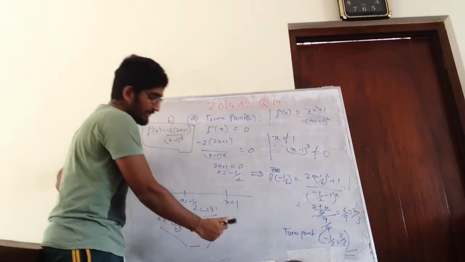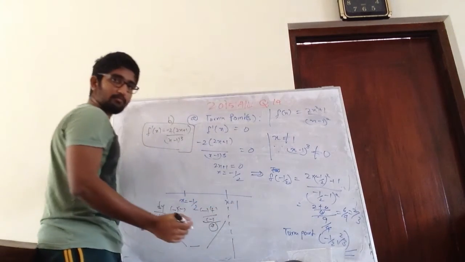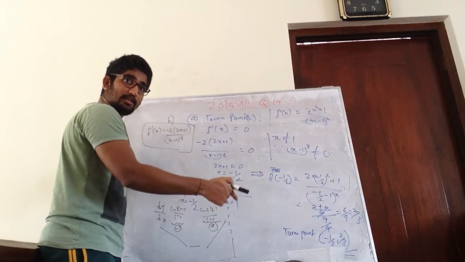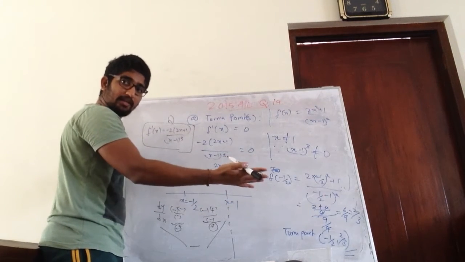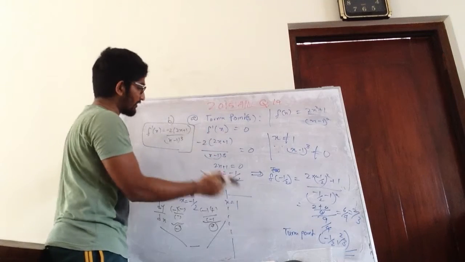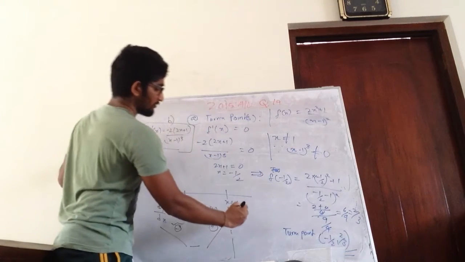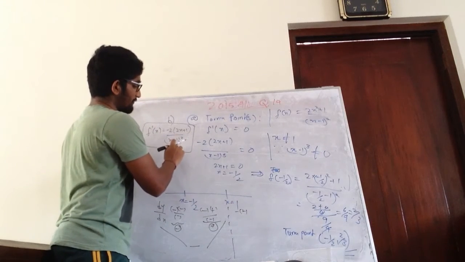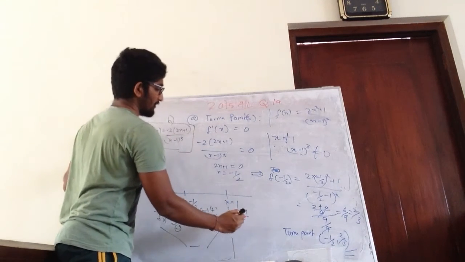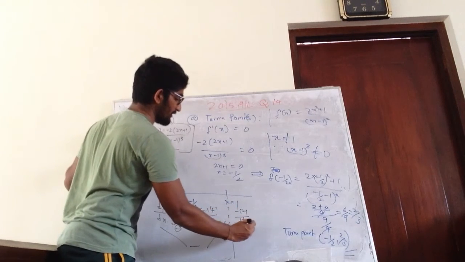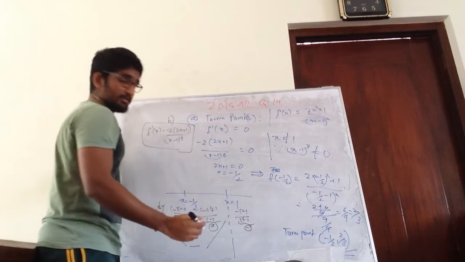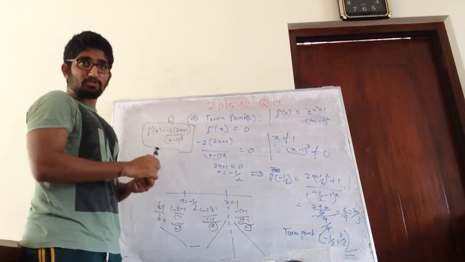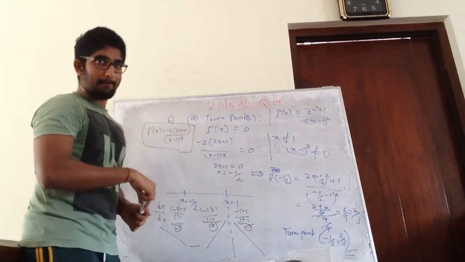And at x equals 1 it's an asymptote, right? Then we have to see what happens at x greater than 1. So let's put something like 2. So minus is there. This becomes positive. This becomes positive. So this whole thing is going to be negative, right? So the graph will go like this. Right? So this is very important. Okay?